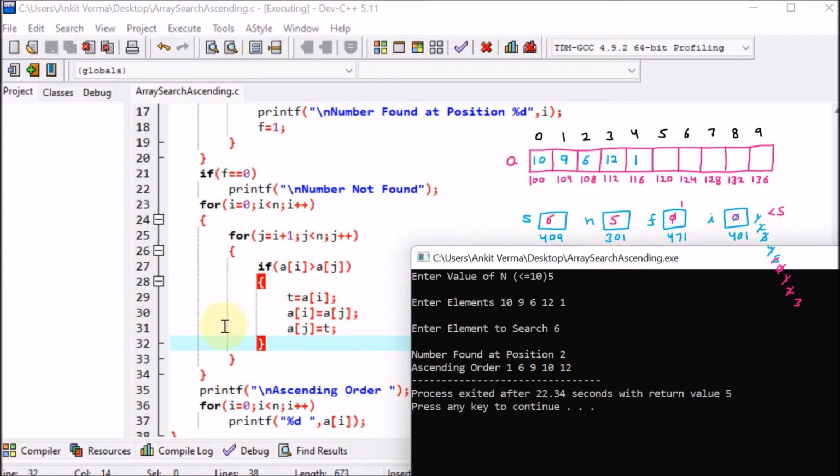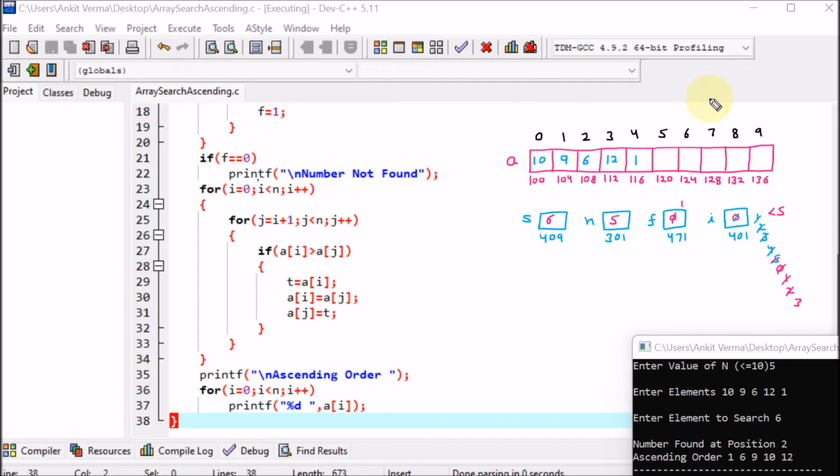So now we are understanding how this loop is working. Now we are understanding how this part is working for the ascending order. First of all, here we are having the i. For the for loop, we know that it will work until the condition is false. So first of all i is 0. The value of i we have taken is 0 right now. Now afterward, we are saying i less than n.